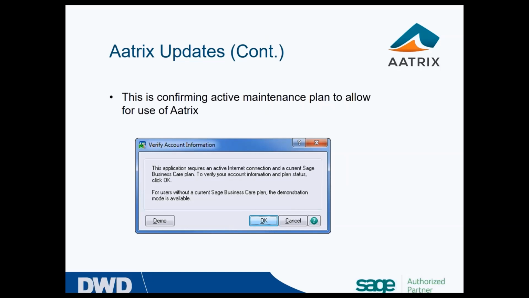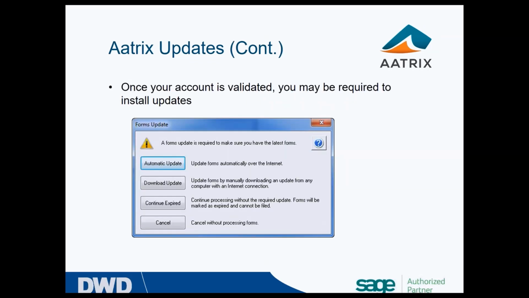Some screens that you would expect to see when you're doing the updates. The first one that you would typically get after you select a form and start to generate it is this one that has the 4 buttons on it. Select the automatic update. As long as we don't have any problems downloading, then it should be a pretty easy and relatively quick process.